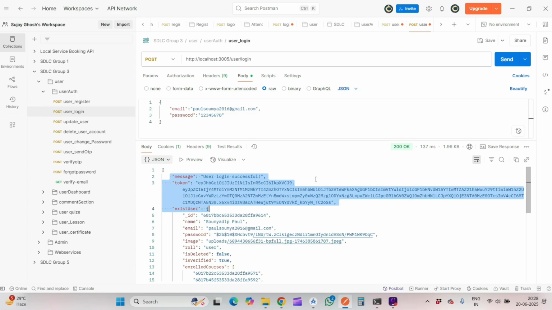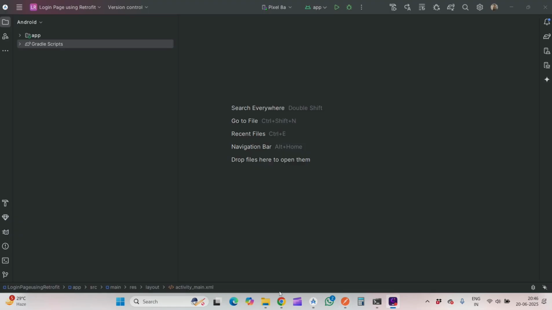The message will tell us whether the login was successful, and the token is usually a JWT, which we will use for authentication in future requests. So I've created this project, and now I'm going to show you how to set up the network security